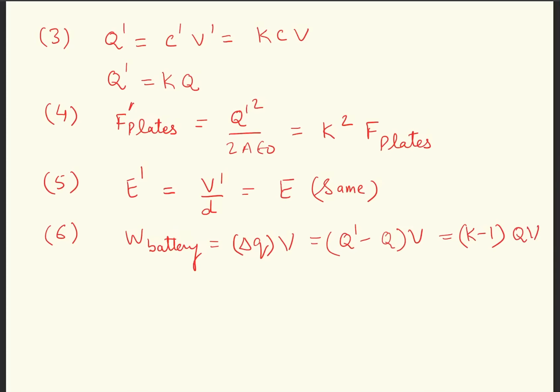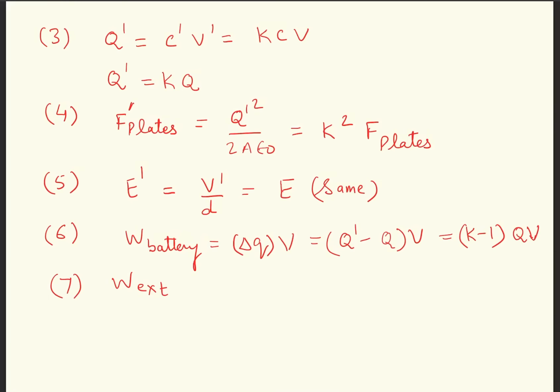If you want to calculate what will be work done by external agent, then we can always use this formula: work done by external agent plus work done by battery is equal to U final minus U initial plus delta H. Now remember one thing, that whenever work done by external agent is slow, then we always consider that heat generated in the system is 0. This is an important point you should remember, and in next lecture I will prove this also.